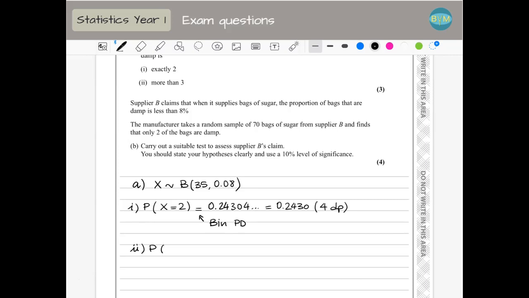We are going to use binomial CD in the calculator, because it's cumulative. Now we have greater, but remember, in the calculator we don't have greater, we have smaller or equal. So we have to rewrite this question in a way that we have smaller or equal. So this is 1 minus the probability of X being smaller or equal to 3, because we don't want to include the 3. With binomial CD in this case, we do 1 minus the value that we get in the calculator with X 3, N 35, P 0.08, and this is 0.3060024